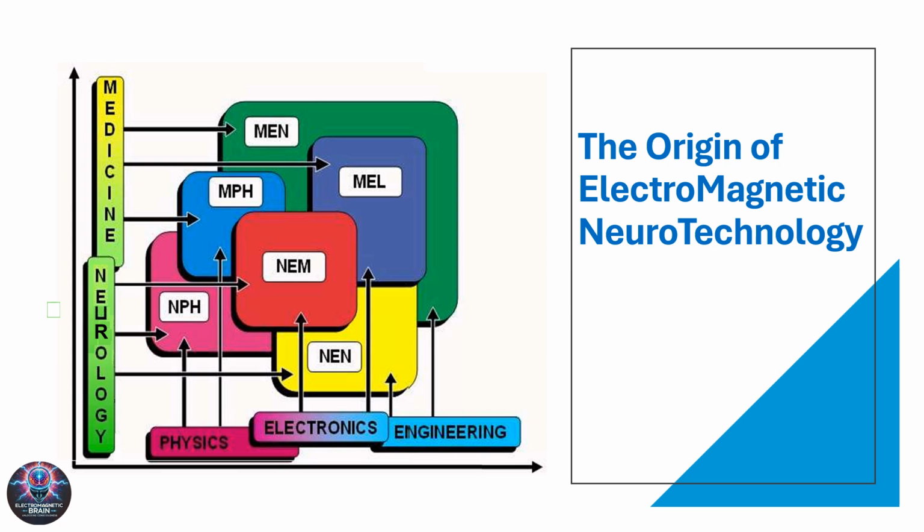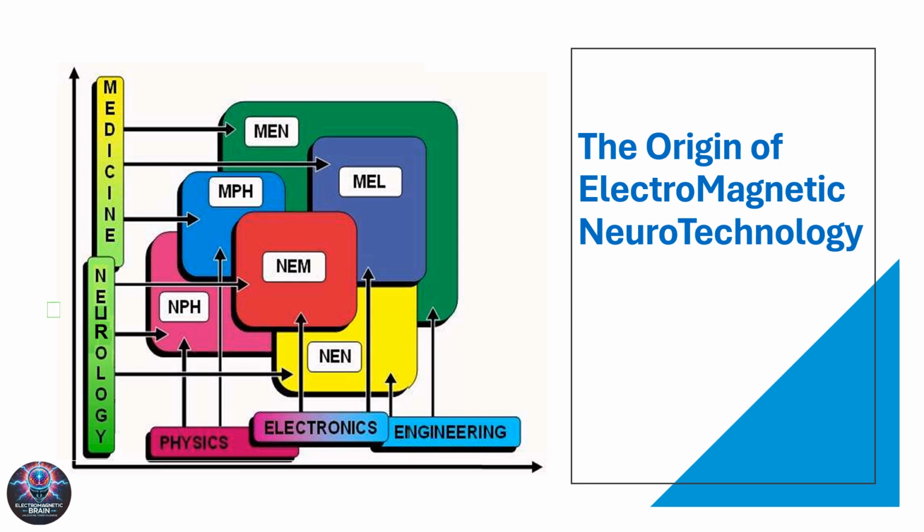1. Electromagnetic fields. In the 19th century, scientists like Michael Faraday and James Clerk Maxwell established the foundations of electromagnetism. Maxwell's equations showed how electric and magnetic fields interact. 2. Neuroscience advances. In the 20th century, researchers discovered that the brain operates using electrical signals. The work of pioneers like Hans Berger, who developed the first EEG, demonstrated that these signals could be detected and